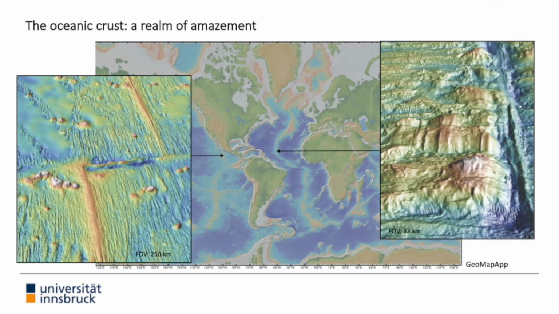So where do we find them? You know that the oceanic crust is, let's say, a realm of amazement, where there's very diverse magmatism, deformation, and circulation and everything. And if you just compare a fast spreading ridge environment, such as the East Pacific Rise, with a slow spreading ridge environment, such as the Mid-Atlantic Ridge with the CANE that Rémi just talked about, we have very different structure of the oceanic crust. And as Rémi very well introduced, in slow spreading ridge environments, we have the formation of oceanic